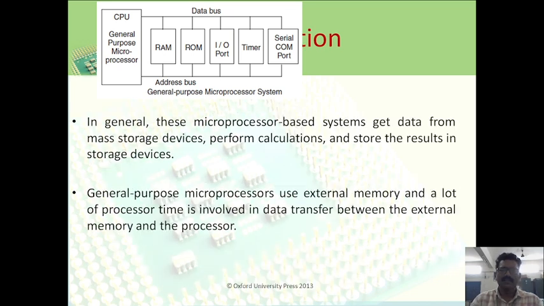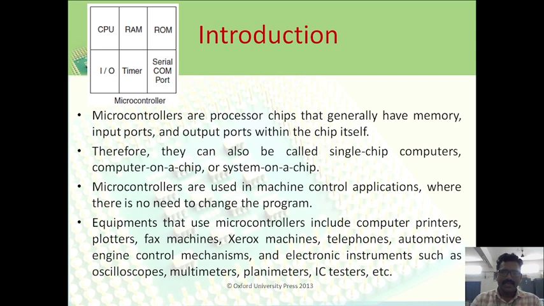In general, these microprocessor based systems get data from a mass storage device, that is external memory, perform calculations, and store the results in the storage devices, that is external memory, RAM or ROM. So general purpose microprocessors use external memory, and a lot of processor time is involved in data transfer between the external memory and the processor. And coming to the microcontrollers,